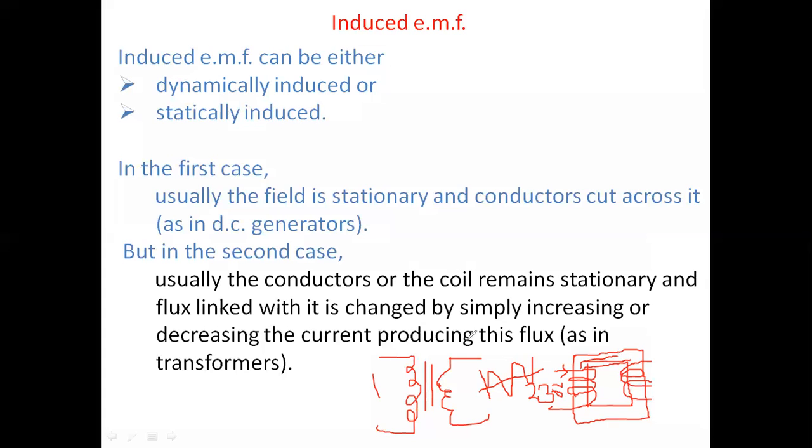So one is dynamically induced EMF, in which the field is constant and the conductor cuts the field.